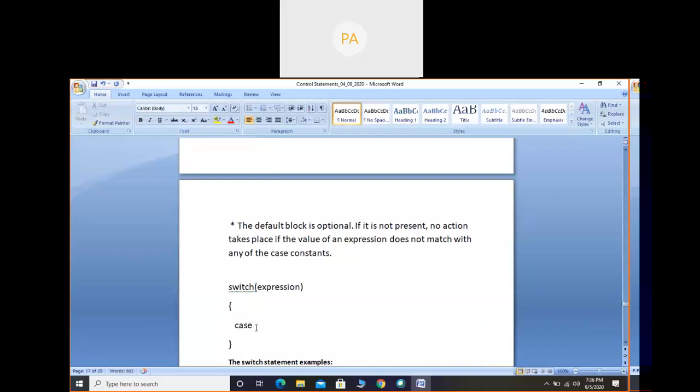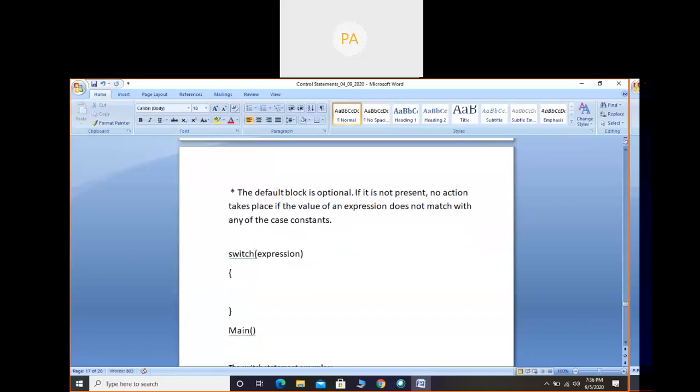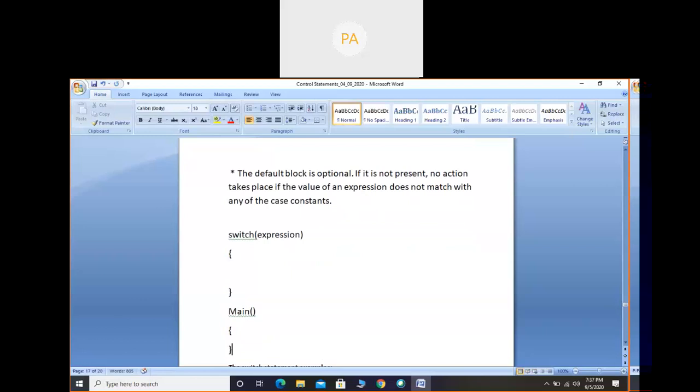Just like the main function, if I write main without any statements in it, we will not get any application out of it. At least one printf or scanf, right? Similarly, here also we will write at least one case constant.